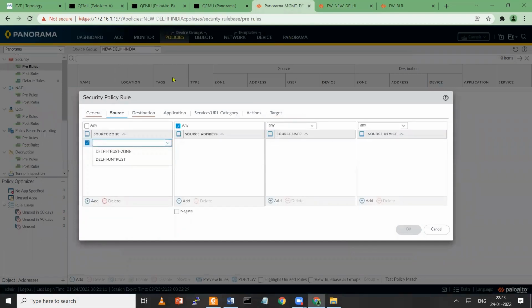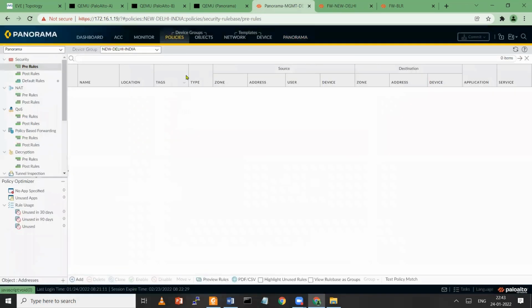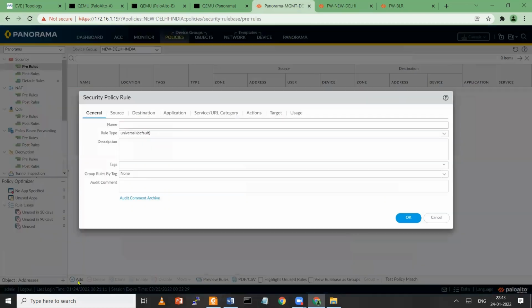See, the small mistake which I did, I didn't select the device because earlier we added and removed, and again we added, so that's why it's not showing. So I'm going to configure one internet policy.